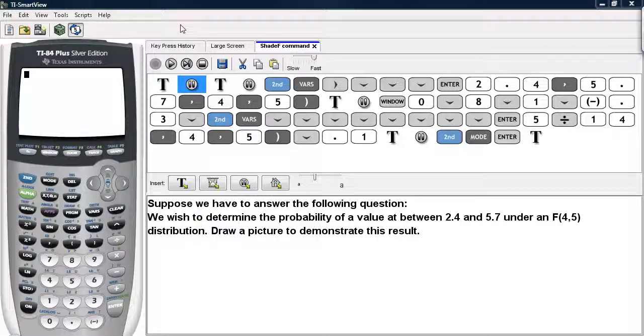Suppose we have to answer the following question. We wish to determine the probability of a value between 2.4 and 5.7 under an F distribution with 4 degrees of freedom for the numerator and 5 degrees of freedom for the denominator. We also wish to see a picture of this to